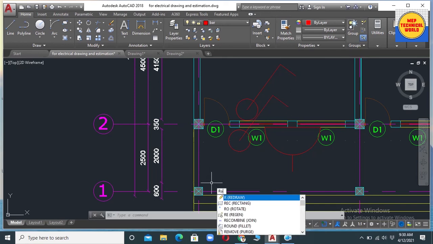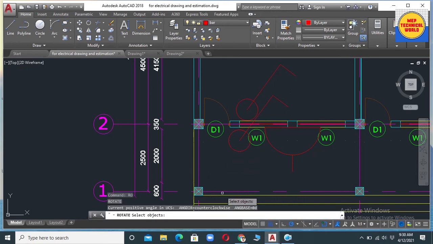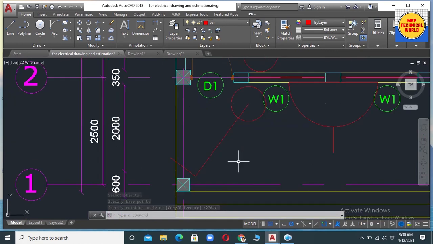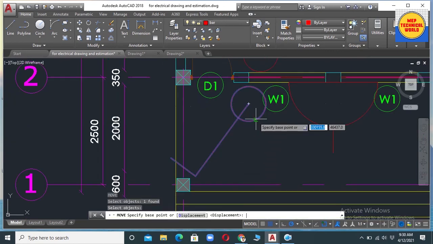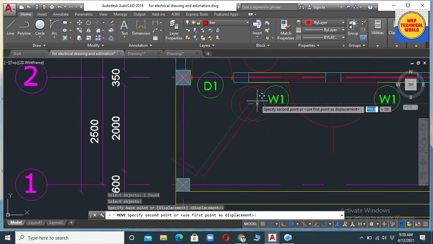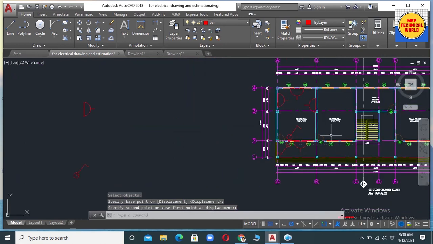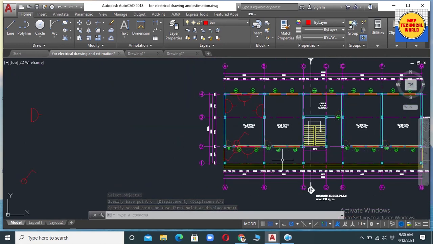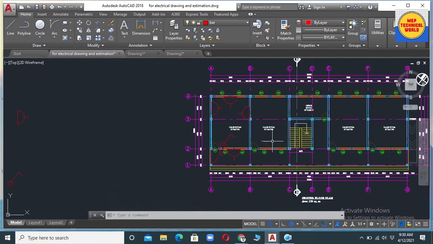Type RO, select the object which is the one-way switch, hit the space button and rotate it. In this way we can rotate this one-way switch, and we can use the move command to shift it towards the wall side. So in this way we can use the rotate and move commands in our electrical drawing.